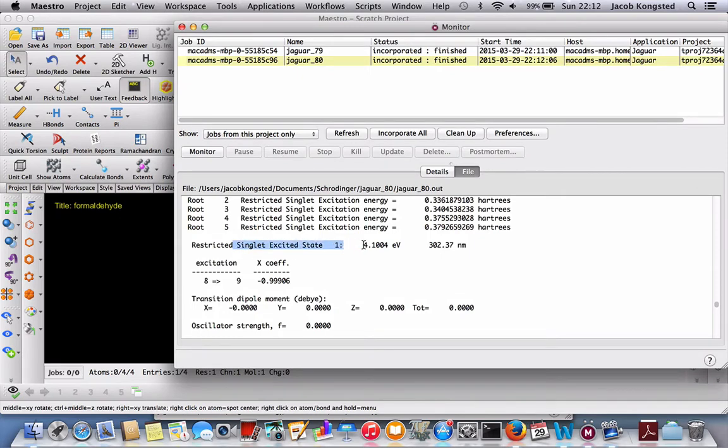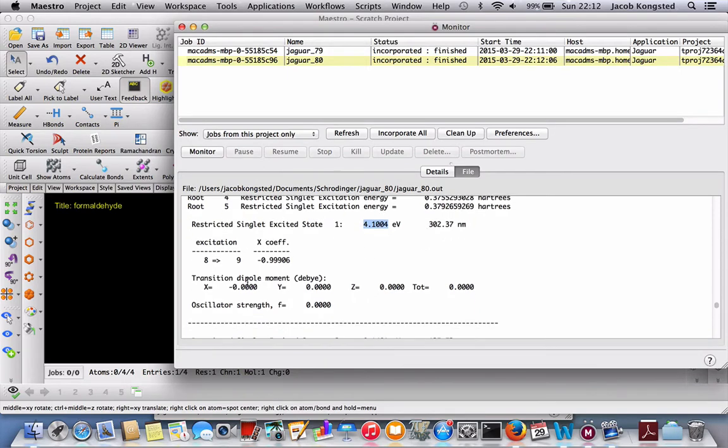I can see that the calculated excitation energy for this state is 4.1 eV, which is equivalent to 302 nanometers. Also I can see that the transition dipole moment for this state is virtually 0, meaning that the oscillator strength is also 0. So this is in fact a dipole forbidden excited state that I have calculated.